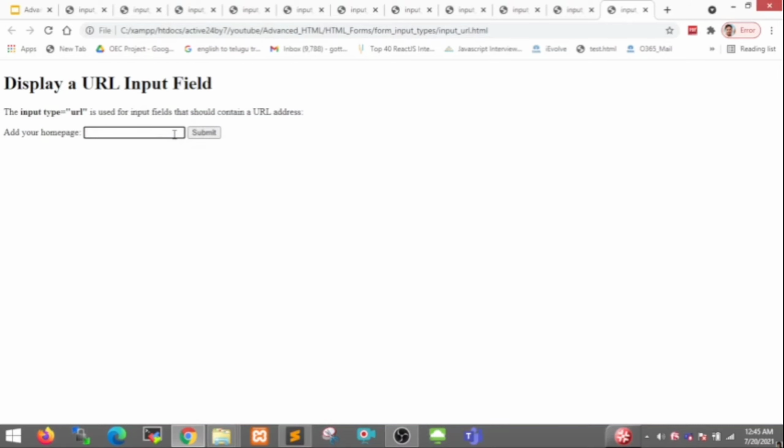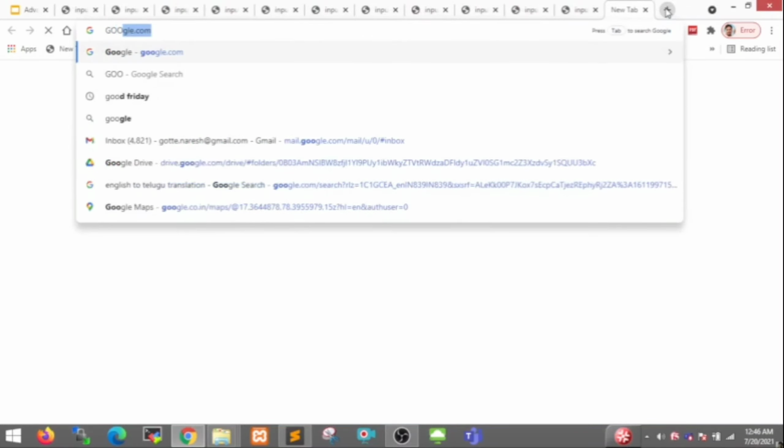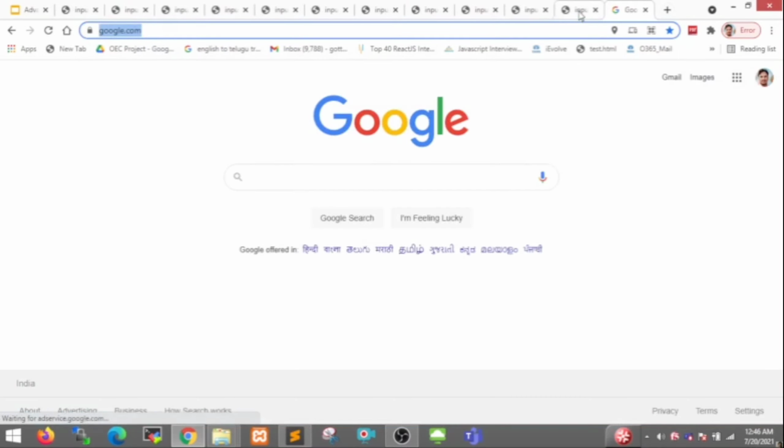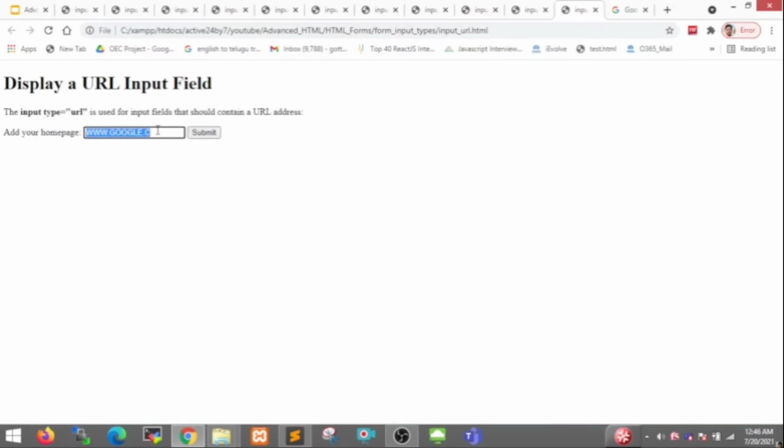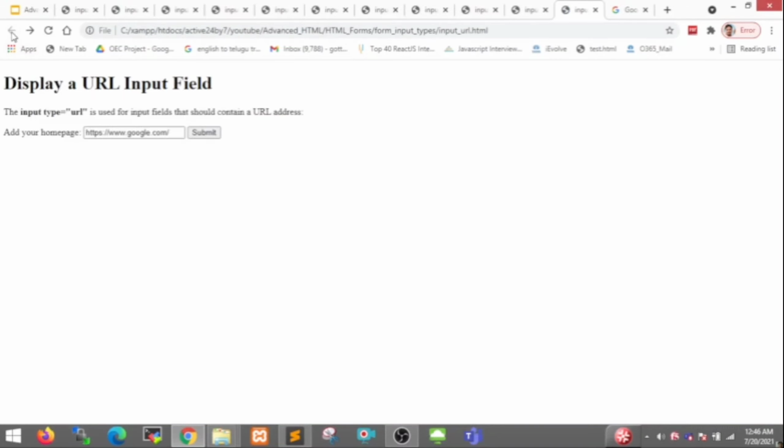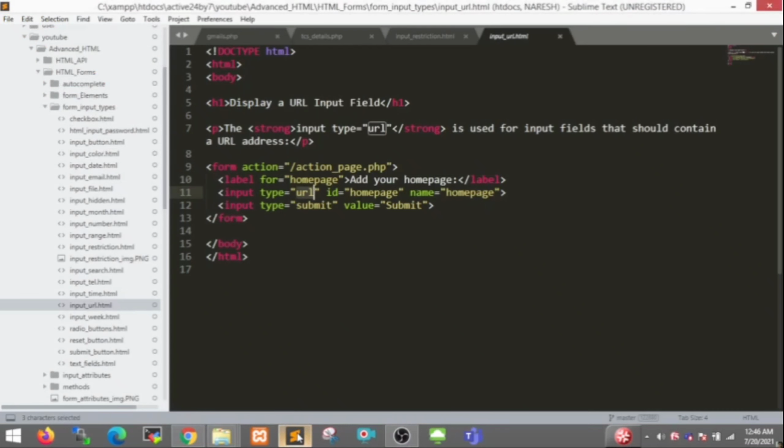If you give www.google.com, this is also not a valid URL. Here I gave the HTTPS protocol and www.google.com, then it will be validated. So this is the concept of the input URL.